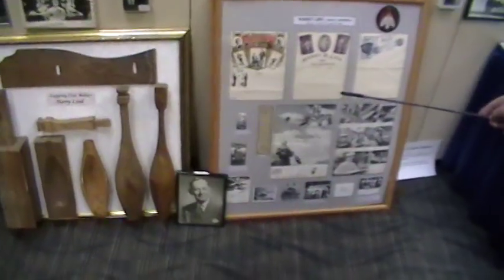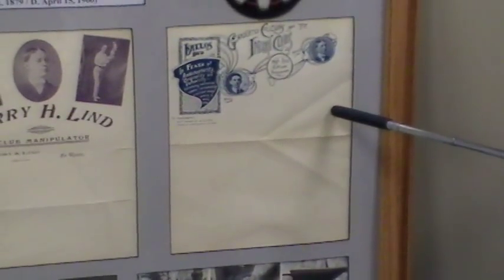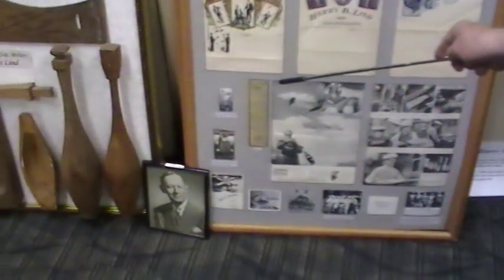When you go back to this portion, here's a 1908 poster of Blair and Lind. This is Harry Lind, one of his letterheads. And here, when he worked with the Callow stool, one was Harry Lind over here. We also have Harry's obituary, a 1908 picture of Harry. He learned his trade from this man here, Jack Van Wyck. And so those two pictures are Harry Lind and Jack Van Wyck, the famous club manufacturer, who gave up actually